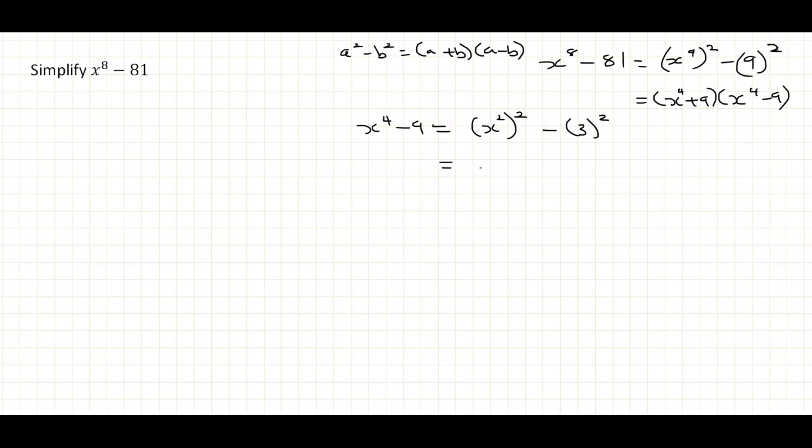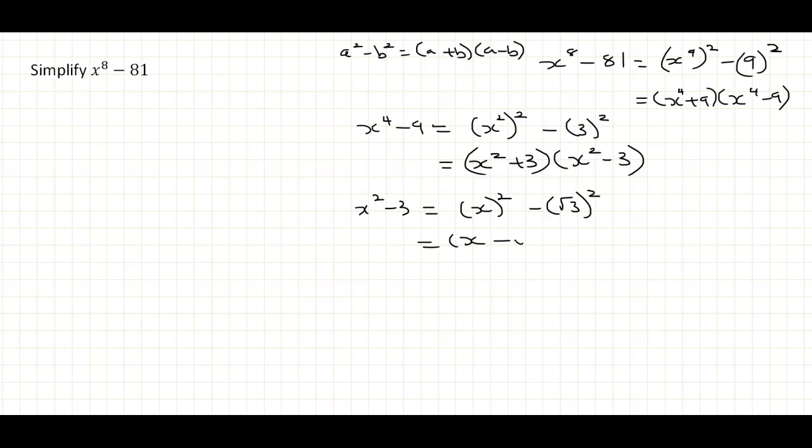Now this is going to be x squared plus 3, and then you have x squared minus 3. Now it depends on what level of math you're doing. We can still go further with x squared minus 3. So let's see, x squared minus 3. This is going to be x squared minus the square root of 3 squared. So this is going to give you x minus root 3